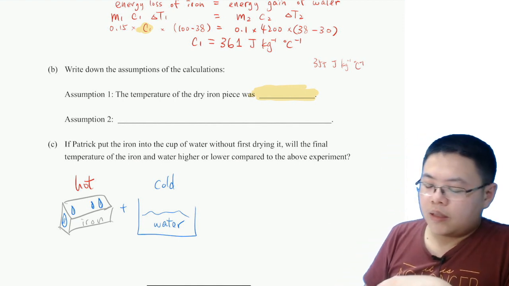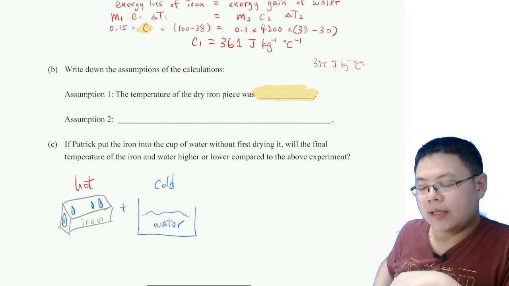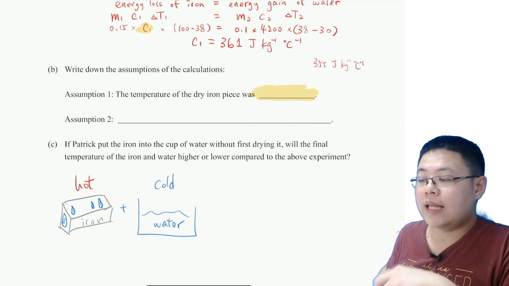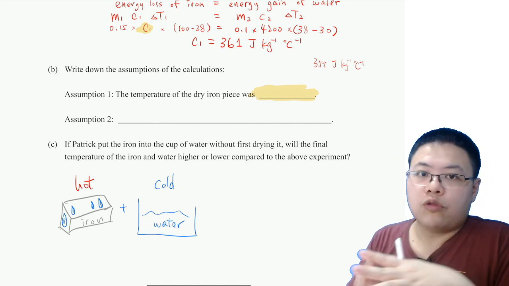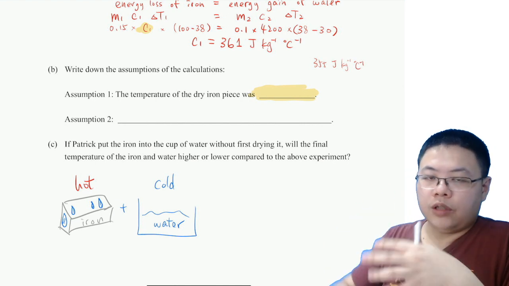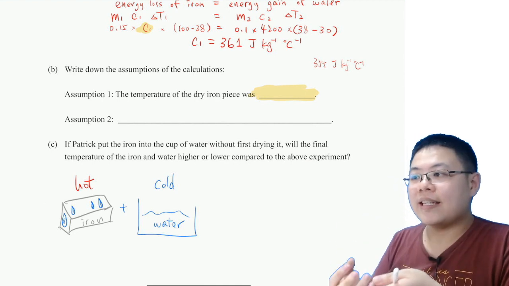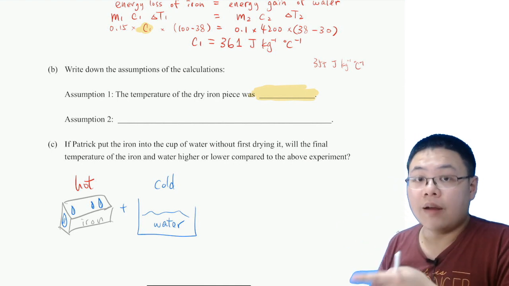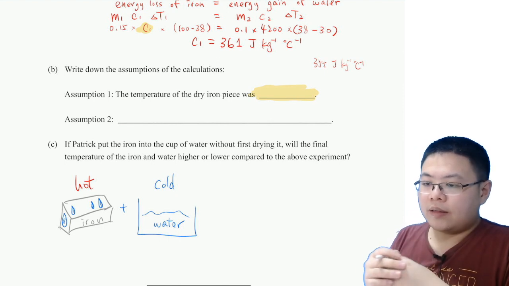So the actual energy given by the iron is less. Okay. If we have not dried the iron, then more energy is given to the cold water, which is not from the iron, but we count as coming from the iron. That is the error. So we will estimate